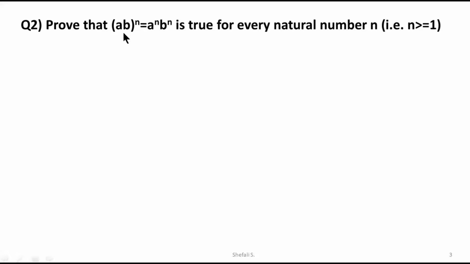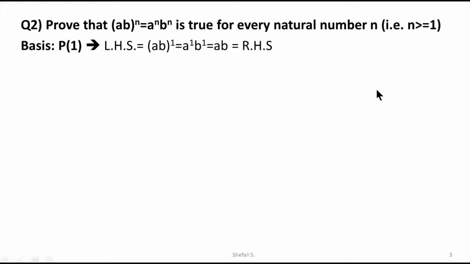Suppose I have a combination of AB for n times, and I have to prove that AB in combination for n times is equal to the independent A for n times followed by B again for n times, and it should be true for every natural number, where the range of the natural number is given for n greater than or equal to 1. How to proceed for such type of example?